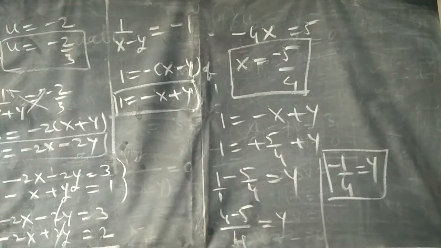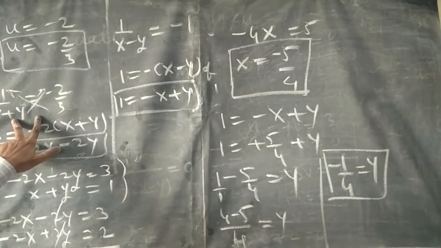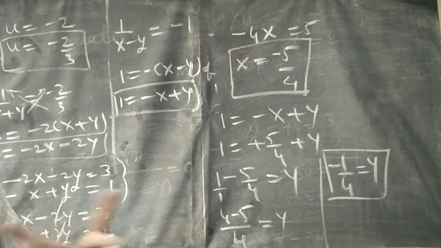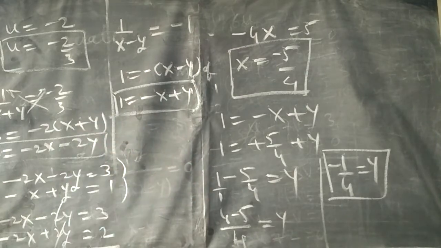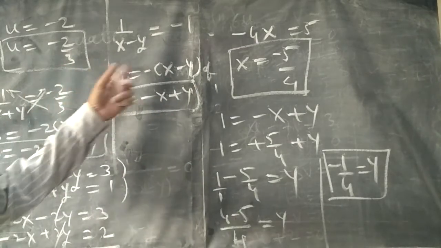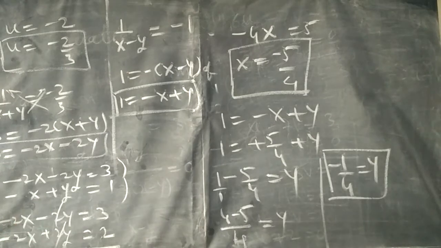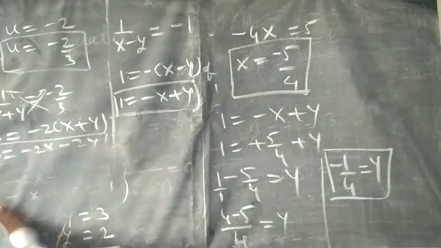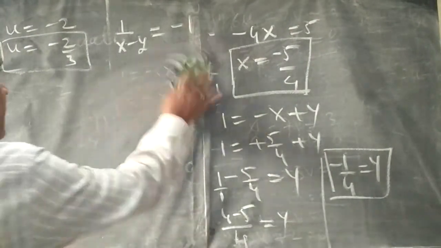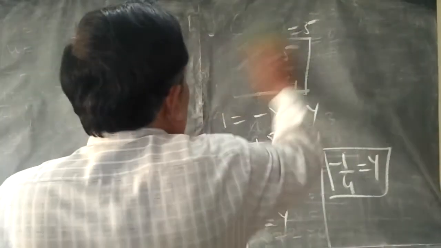See, in reducible form of this type, our work is increasing. First, reduce into standard form, find the value of u and v, then replace this u and v in terms of x and y like this, then again solve. So we are solving two times. First eliminating u, getting v, getting u, replacing u and v, again elimination if required. This is a little bit of double work. Got it? Yes. Now see, I'm taking one more example of this type, elimination after reduction.